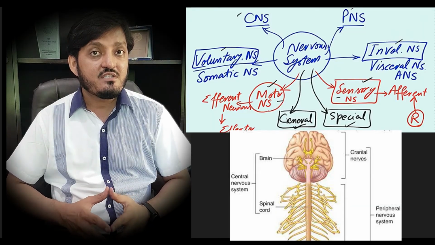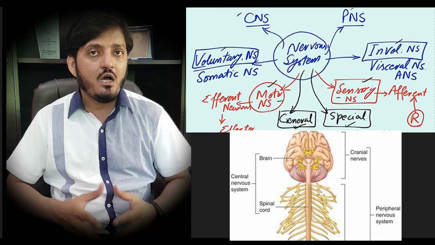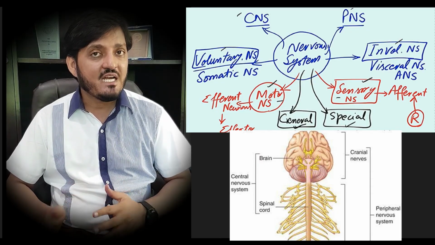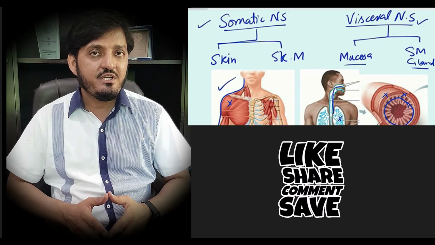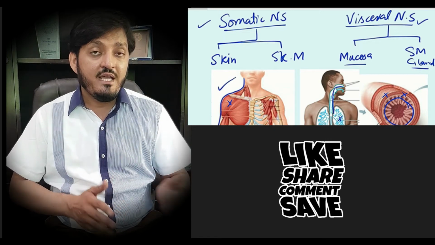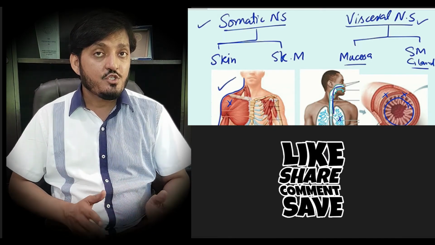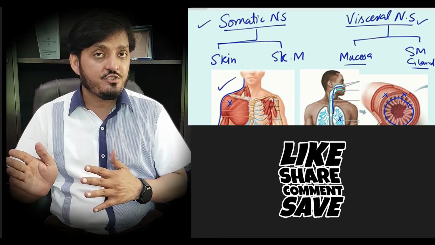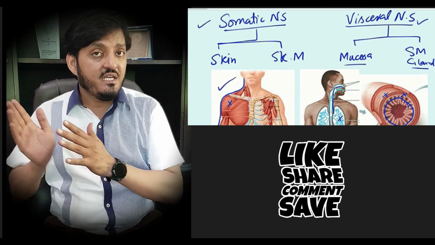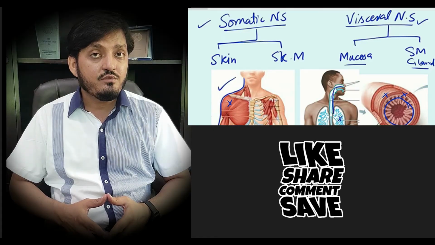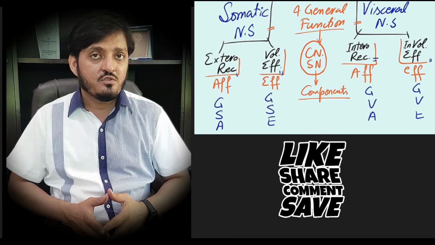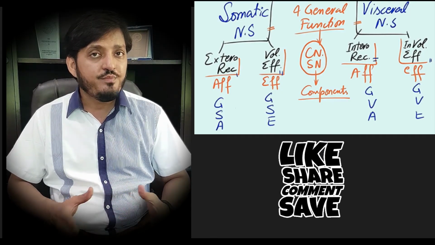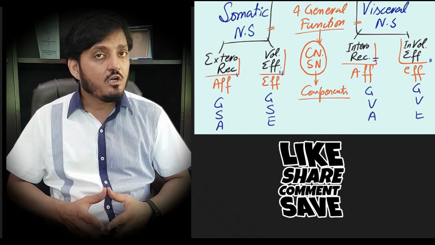In this lecture, first I will give you a detailed review about the classification of the nervous system, how the nervous system is classified into various categories, into the central nervous system and the peripheral nervous system. The nervous system is divided into voluntary and involuntary nervous system. Each of them has a motor component and a sensory component. The functions of the nervous system are classified into general functions and special functions. So I'll talk about all these categories in a simple and easy way, and after that I'll talk about the